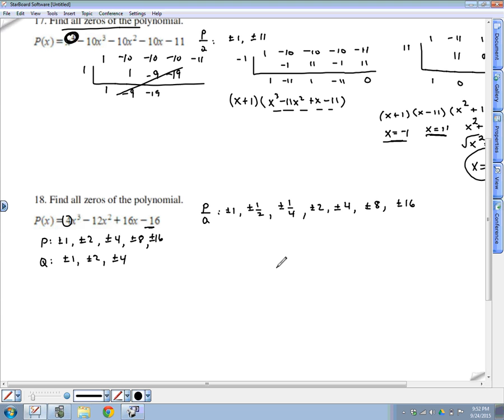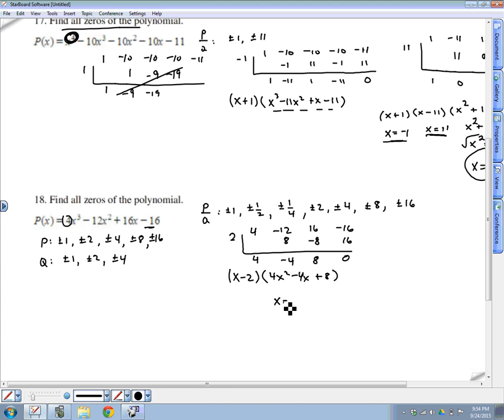We need to choose some from that list and synthetically divide. I'm going to skip right over to 2. I have a good feeling about 2. Alright, x equals 2 was indeed a 0, which means that x minus 2 is a factor. The reduced factor is 4x squared minus 4x plus 8. Turns out that this does not factor. So we use